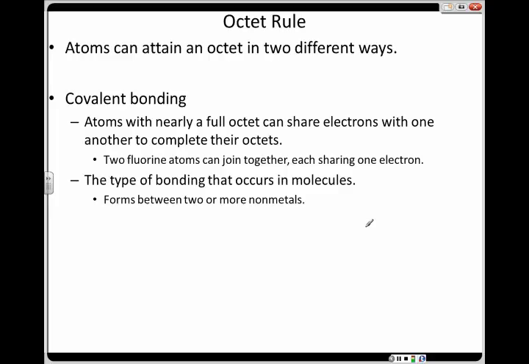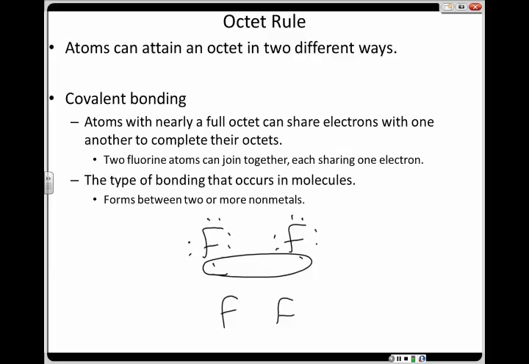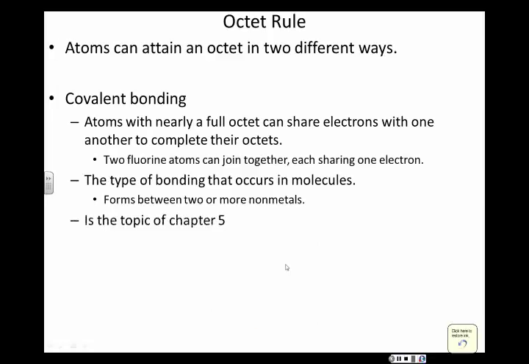So fluorine has 7 valence electrons. It comes up to another fluorine with 7 valence electrons, and they go, oh, well, let's just share these. If these two in the middle, the red ones, are shared, then it feels to them like they have a full octet. This one goes, I've got all 8 right here, and this one goes, I've got all 8. It doesn't matter to them that they're sharing. That's okay. So we'll talk about that in Chapter 5.